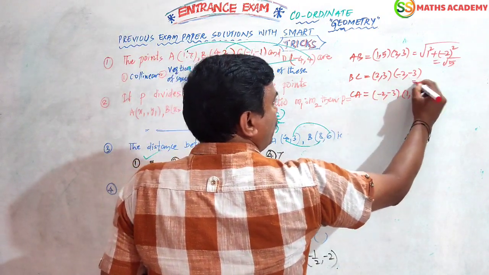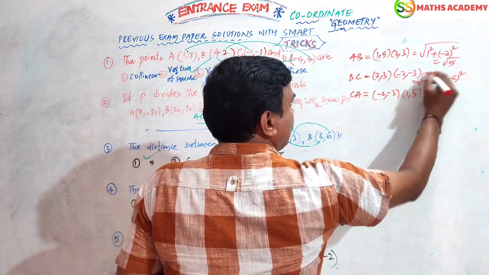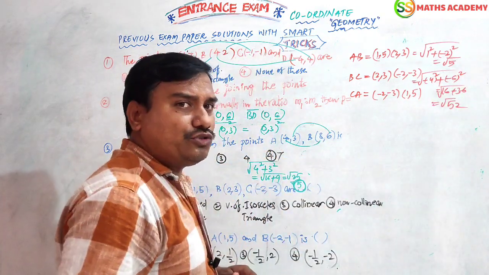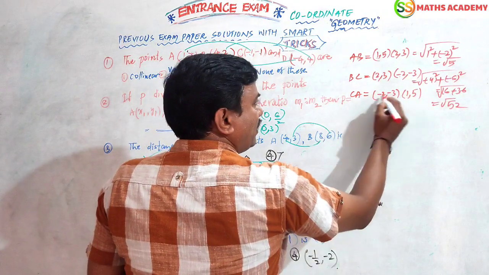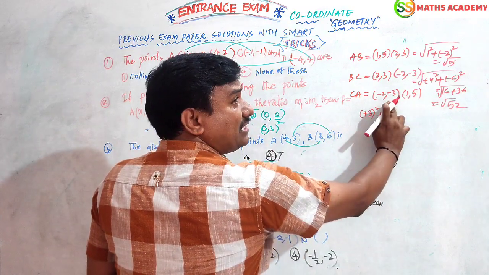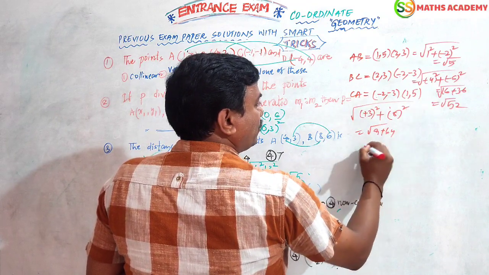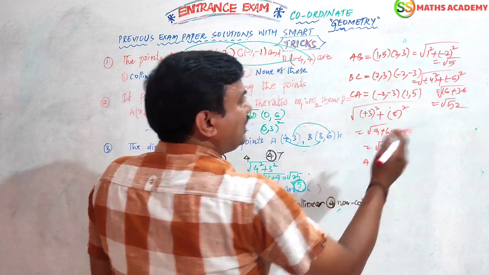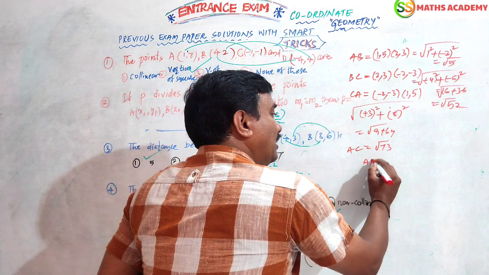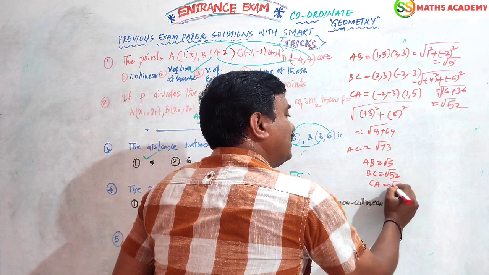Next, minus 2 minus 2, minus 4 whole square; 3 minus 3... Children, nothing but 16, nothing but root 16. In negative, power should be, we should get a positive number, right? Next here also, 1 minus 2, plus 3 whole square; y2 is 5, y1 is 3. So 9 plus 64 is 73. So in this, any sum of any two should not equal the third. For example, AB is root 5, BC is root 16, CA is root 73.